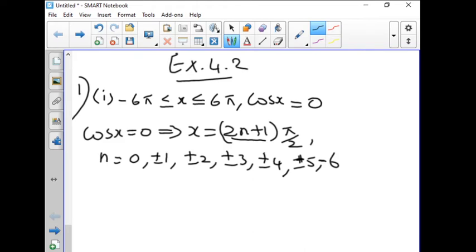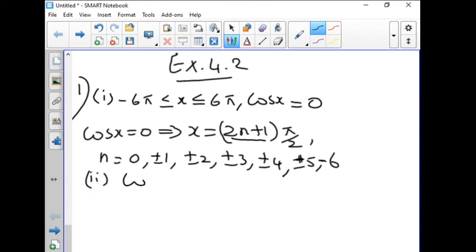There the general value is (4n minus 1) pi by 2, and n is equal to 0, plus or minus 3, and 4 only we have taken. Plus 4 we have taken, we have not taken minus 4. There also it is the same reason. It is minus 8 pi to plus 8 pi, so it will go beyond the interval. So we are not taking that value. Minus 4 we have not taken there. So here also the same reason. So this is the answer for the first subdivision.